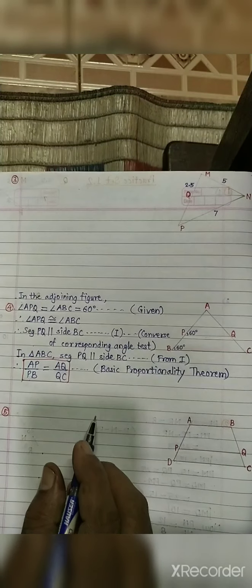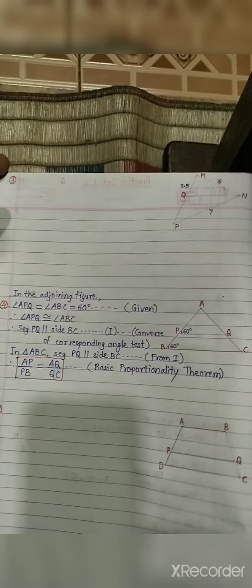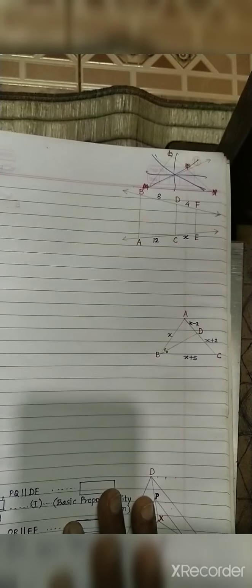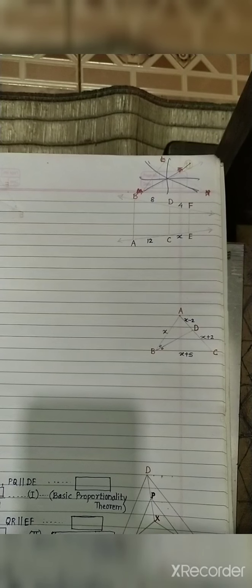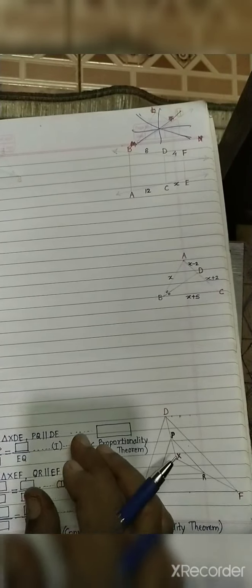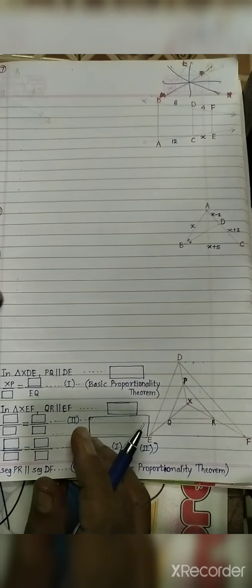Okay, this is the reason. Now example number 5, then 6, 7, 8 and 9 are reduced from our syllabus for this year only. So now we are starting our next